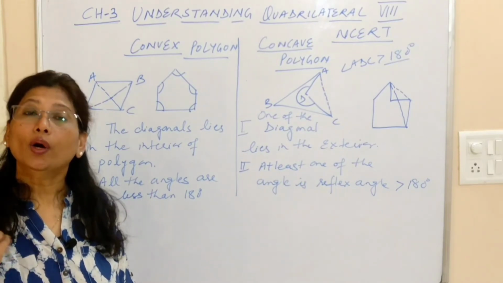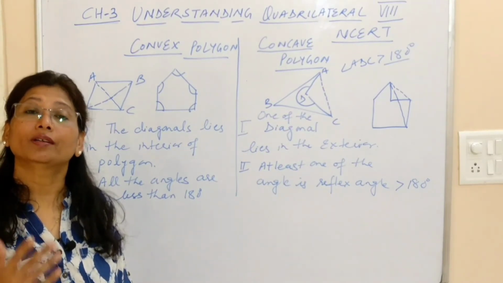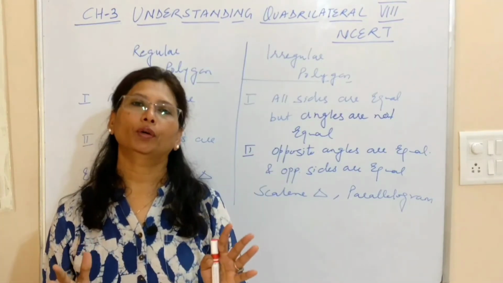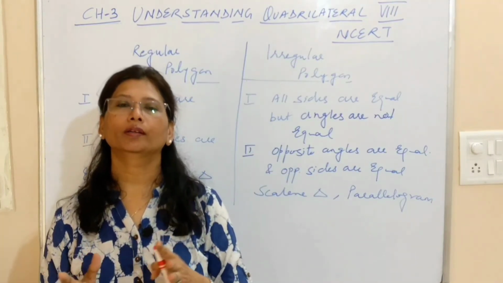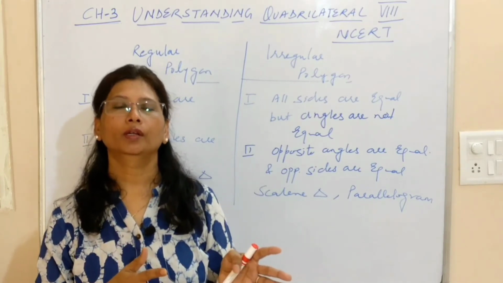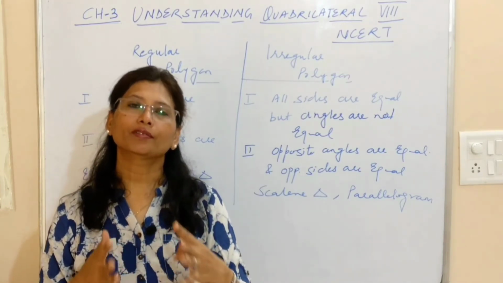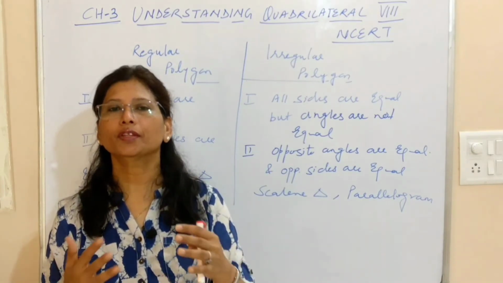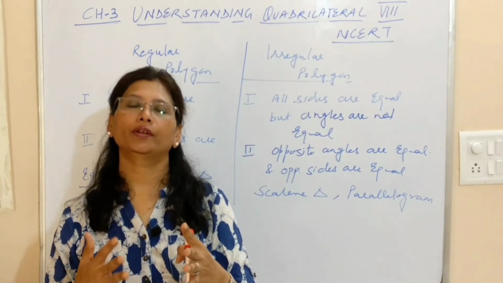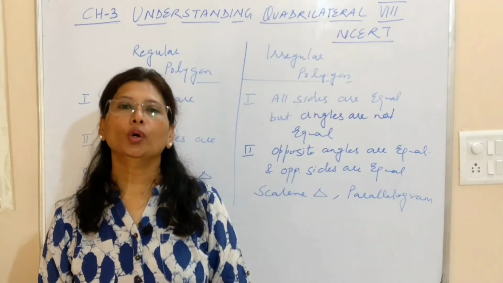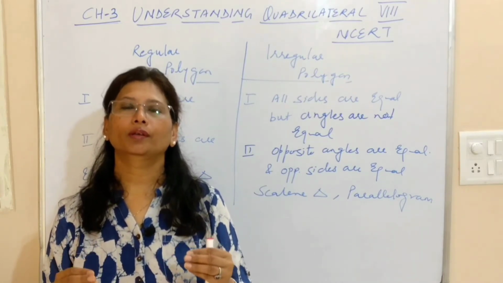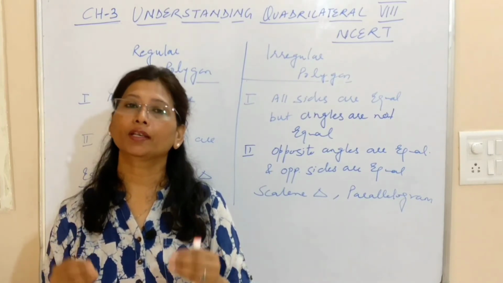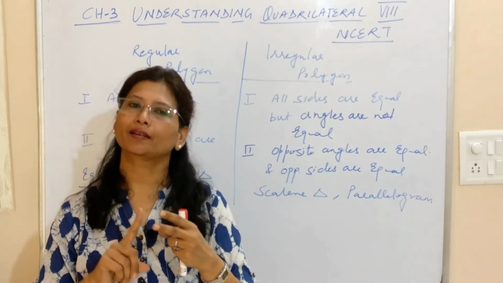Okay. Now I'll be taking the next topic, which is regular polygon and irregular polygon. So we'll find out how the regular polygon and the irregular polygon are different. What is the difference between these two? As the name says, regular polygon means everything is in alignment, everything is the same. If we are talking about a polygon, there are two important dimensions which define it. First is side and second is angle.